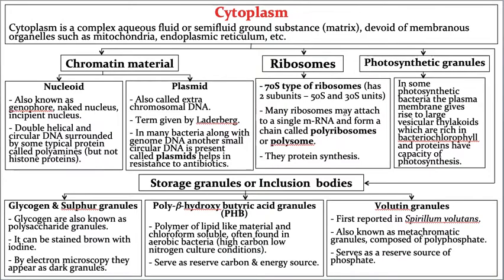And sometimes in some bacteria, many ribosomes get attached to a single mRNA molecule. Because many ribosomes are attached to a single mRNA molecule, this type of ribosome is called polyribosome or polysome. Poly means many. Many ribosomes are attached to a single mRNA. That's why it is called polyribosome or polysome. And the function of ribosomes is protein synthesis. They help in the production of proteins.